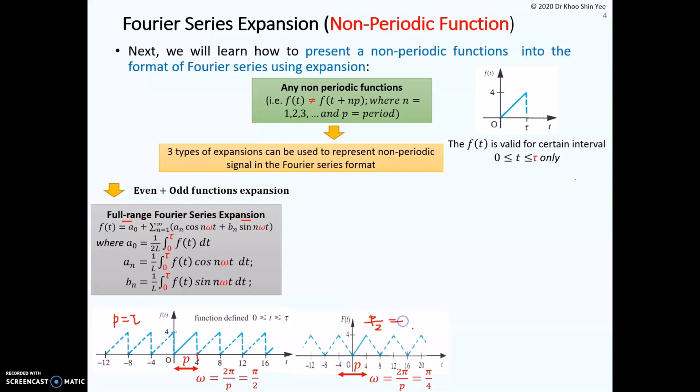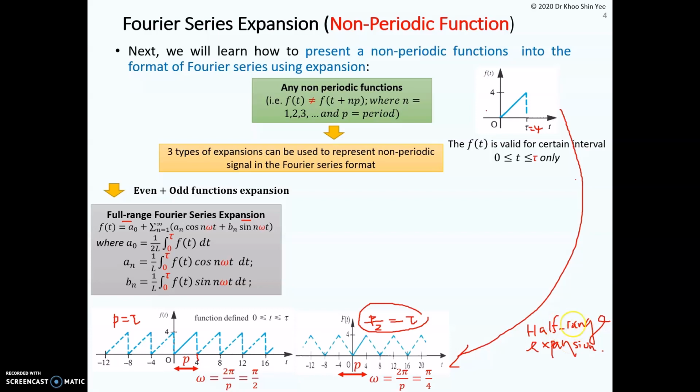P over 2 equal to the tau. So we have a function here that is valid only for a certain interval from 0 to tau. Let tau equal to 4 for this example. So we can't perform the Fourier series on this signal because it's a non-periodic function. So we need to perform the half range expansion, such as in this case, to convert the non-periodic function into a periodic